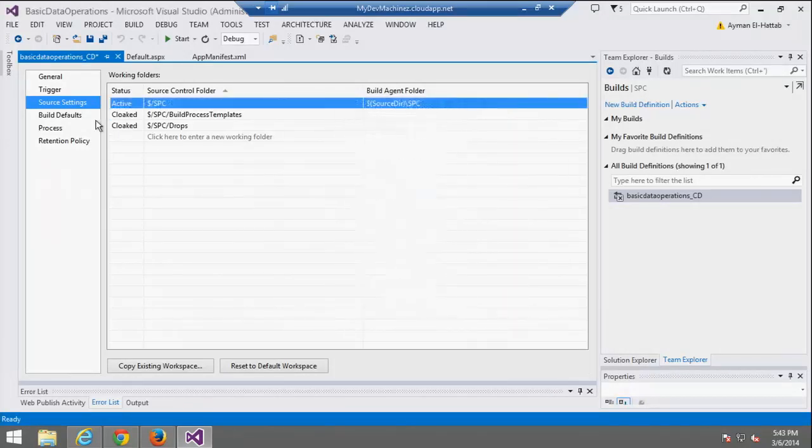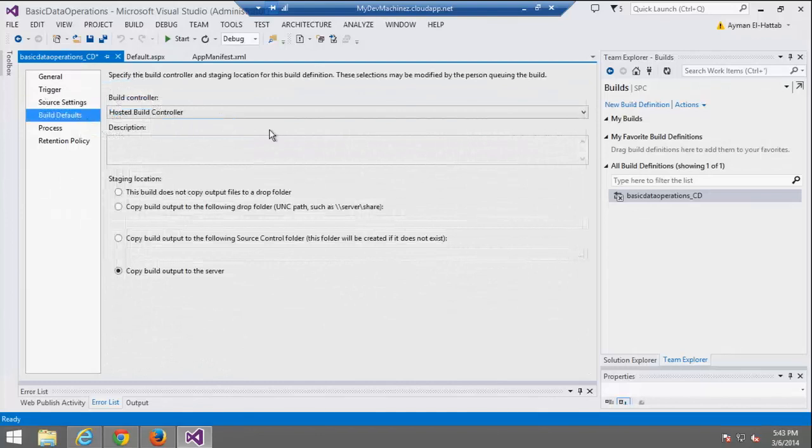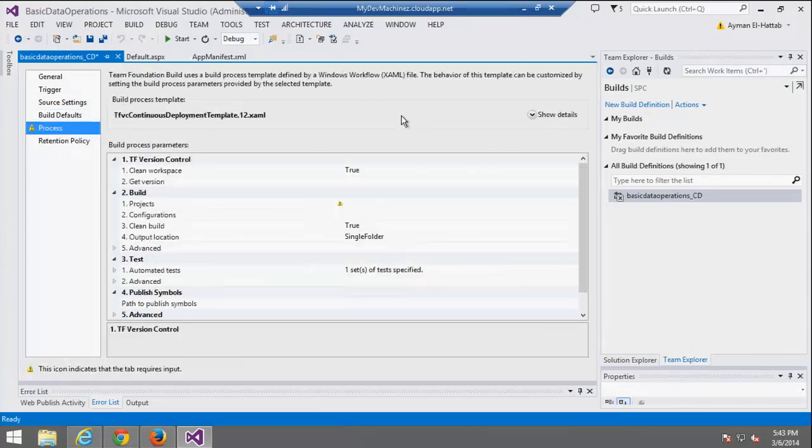And in the build defaults, I'm using the hosted build controller. And the process upon which the build definition has been created is a new build process template called TFVC continuous deployment template.12.xaml. And it's very handy and very useful.